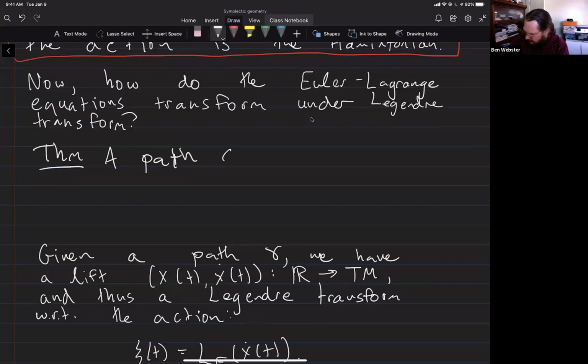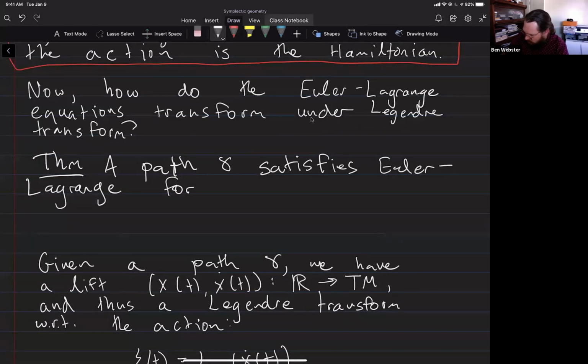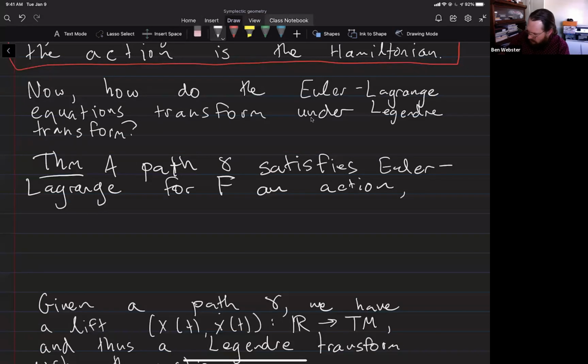A path gamma satisfies the Euler-Lagrange equations for some action F if and only if